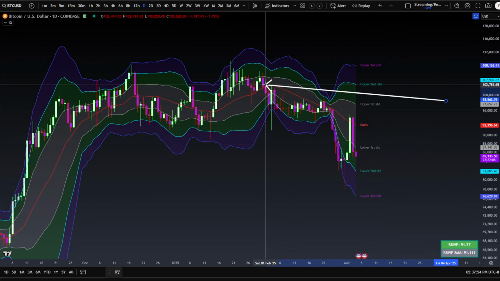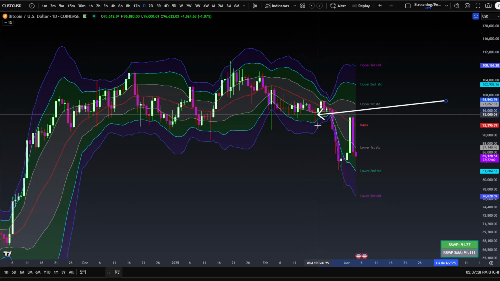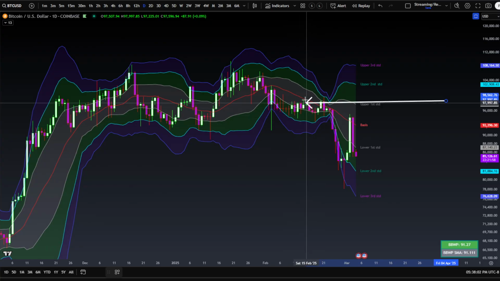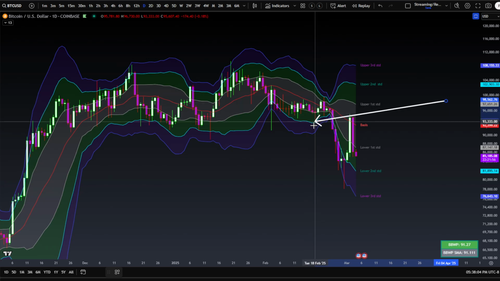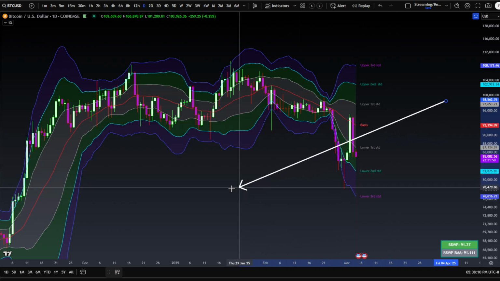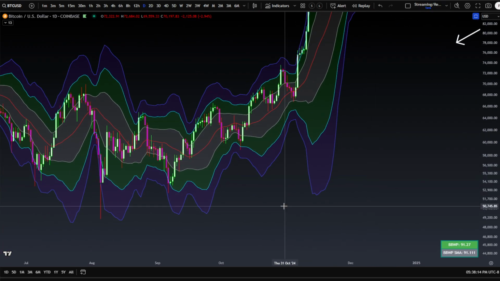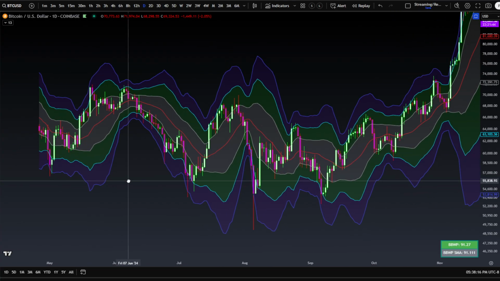So we get the expansion starting here, a smaller expansion, a retest of the lower second. It kind of rode it down, bounced up towards the basis, and then a retest of the lower second, and then a spike right back to the upside. And then, of course, that was the 99.5, and then dump out. But this is essentially what I look for when I'm looking for volatility expansions and retests and stuff like that.